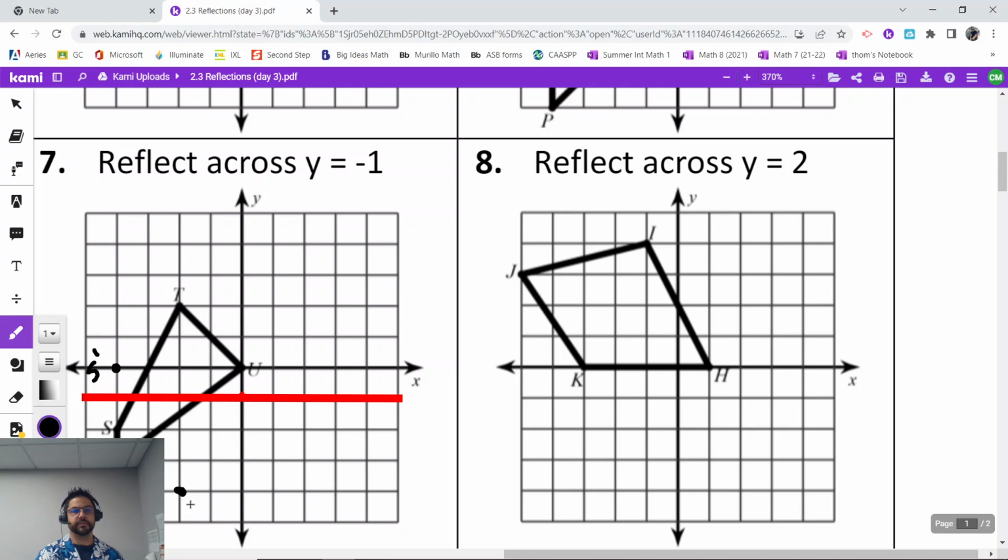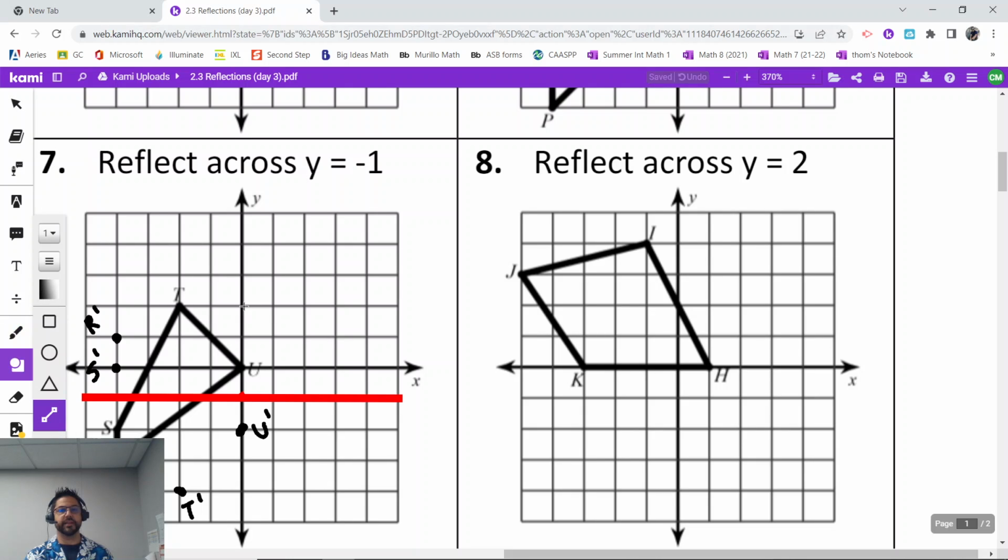Oh, U, that's a real quick one, 1, 1. And then finally, the last one, R. So let's see, 1, 2, 1, 2. Now remember, we want to connect them correctly. So make sure you get all 4 points because it is a quadrilateral. Let's see, if I start here, travel over there,